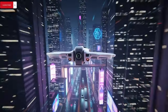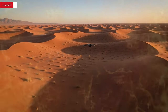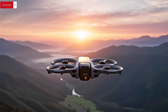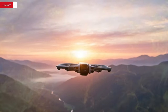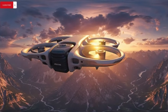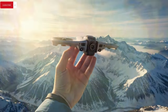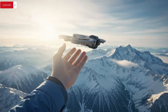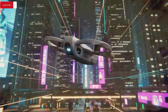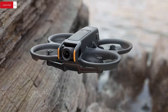reliable flying experience. Safety and automation also receive a substantial boost, as this platform integrates a far more comprehensive obstacle sensing array than earlier FPV-focused designs, enabling smarter tracking modes, safer subject following, and increased confidence when flying complex paths or maintaining focus on a moving target. Features that expand the drone's appeal beyond pure manual flying and into semi-autonomous cinematic workflows that many creators increasingly rely